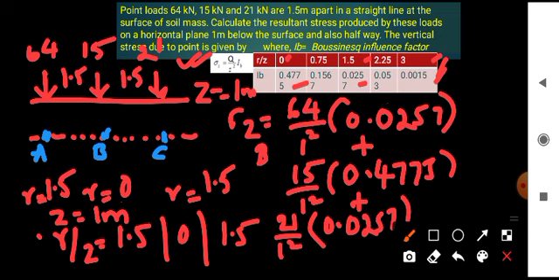If you simplify, the answer is going to be 9.347, or 9.35 we can take, kilonewton per meter square. Just verify and check the answer, at the end whether we are going to get 9.347 or not. Now the last condition is still remaining. So sigma ZC we have to calculate in a similar fashion. Let us see now.